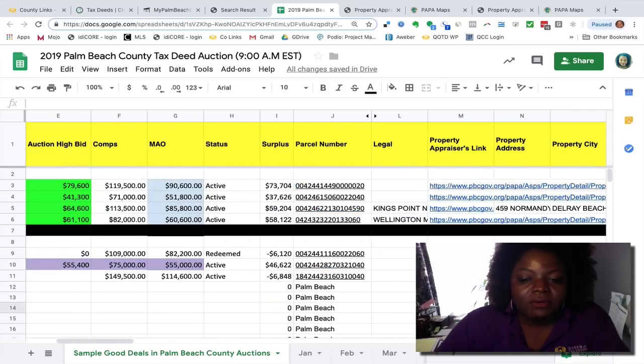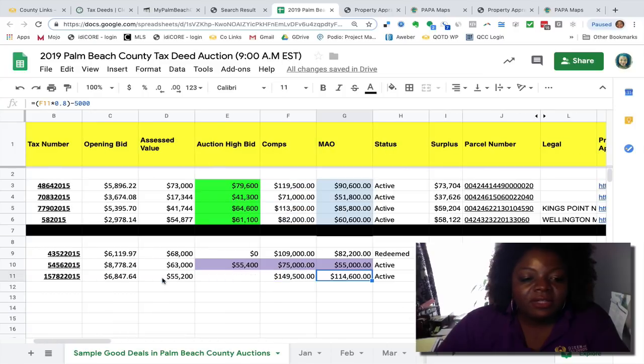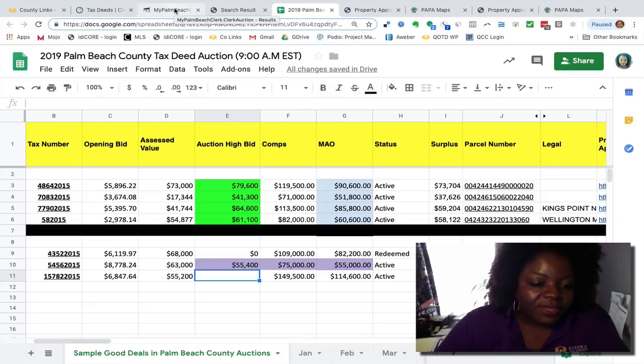Okay, so we can easily go look at the property. We don't even have to click on my link in my spreadsheet. We can go back to the auction site and click on their link, and it opens up the property appraiser. So even if you haven't done as much research as I have, you can still find out information about the property. So we're going to look up this one here,